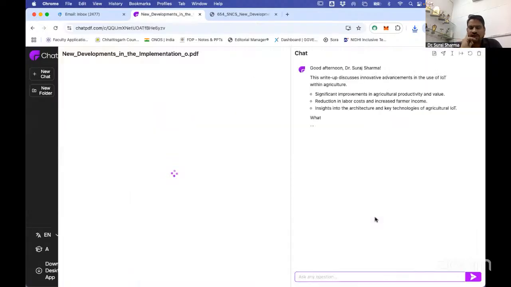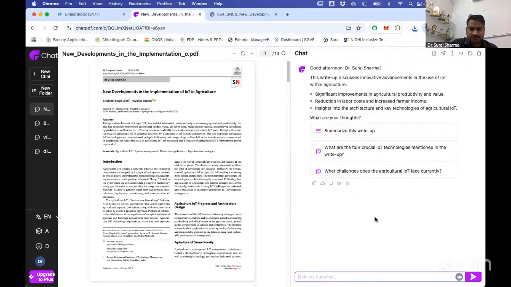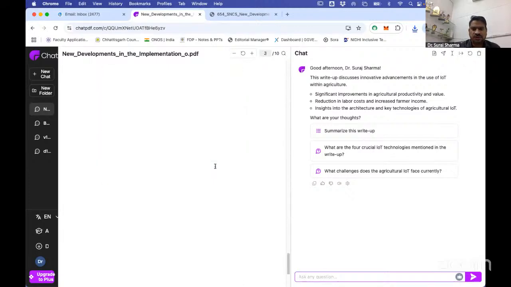Whatever I told you, all are cloud-based tools. You don't have to install even the thin client application into your system. It's just a cloud-based tool that we can use. So this is the paper which has already been